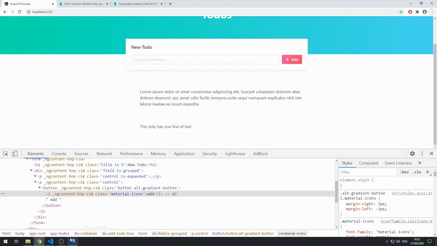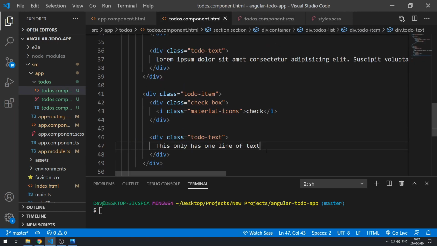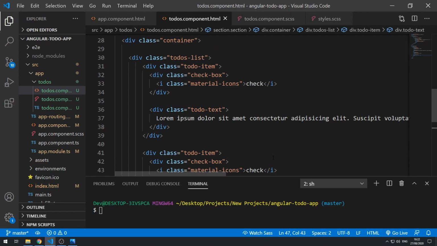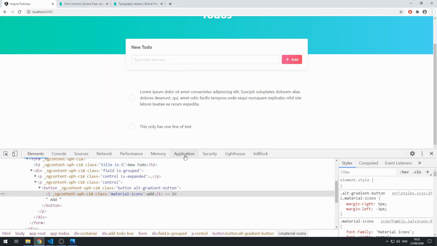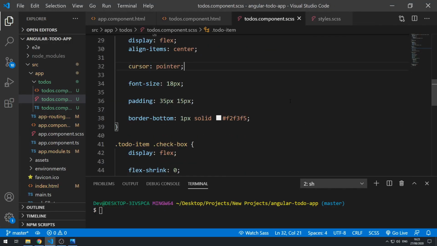So let's do that. Let's go back to the code, and let's go to the template, because the completed state will be based on whether or not there is the completed class on the to-do item. So if we go here and we say to-do item completed and save that, and then we go back to the application, there's no difference because we haven't actually styled the completed class. So if we go back to the style sheet and we go down here,